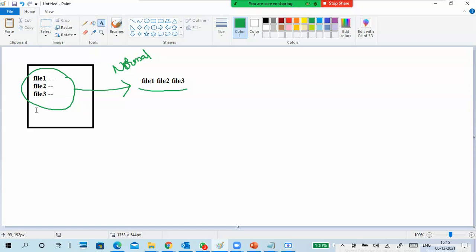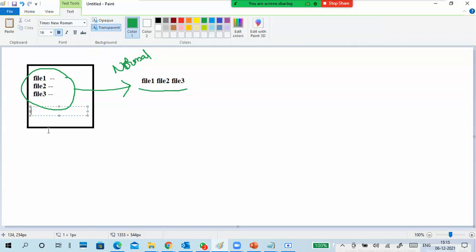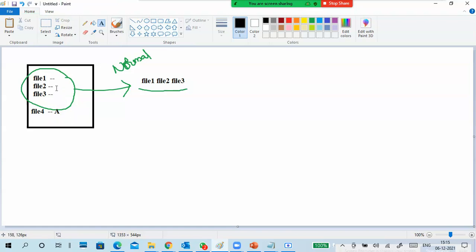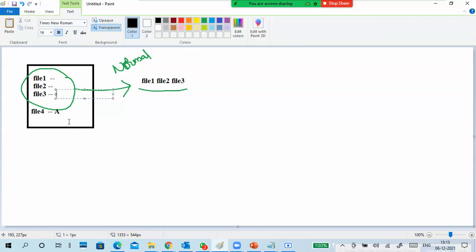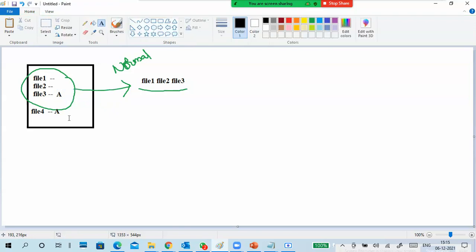Next, I created another file, file 4. Since I created it, the archive attribute appears. Now I modified file 3. Usually I give the example of file 2 because it won't cause confusion, but we already know the thing, so that's why I'm explaining a second time. So carefully listen.